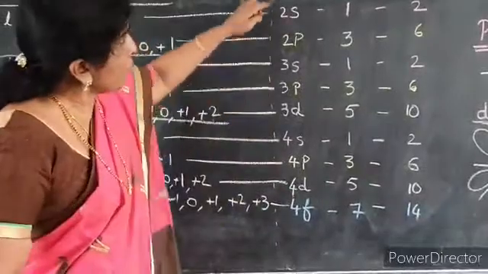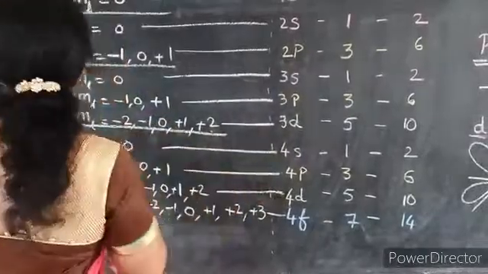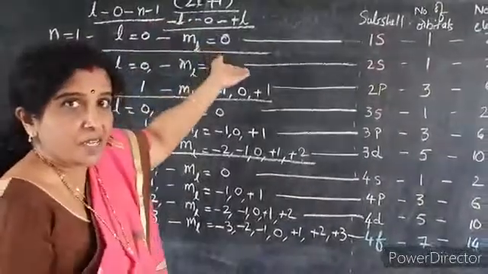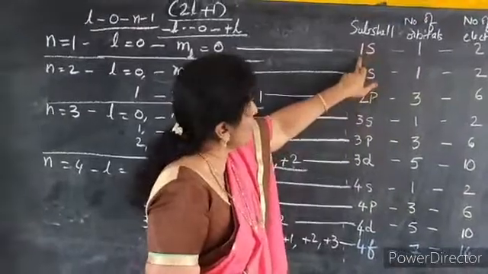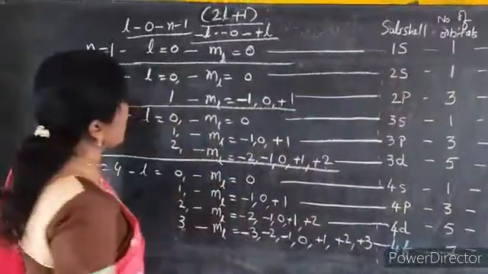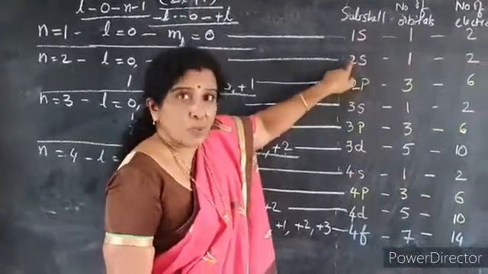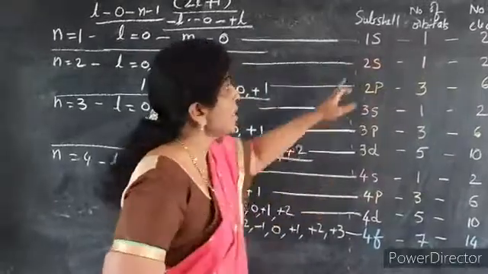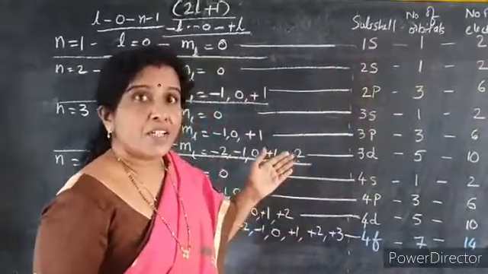Now, why did I mention the numbers here? 1, 2, 3, 4. For the principal quantum number 1, when n is 1, the electrons are in the first shell. So when we write s, we write it as 1s, where 1 is nothing but the principal quantum number. Here I have written it as 2s when n is equal to 2. It is an s subshell. Why did I write 2? It represents the principal quantum number, indicating that this particular s orbital is present in the second shell. Even 2p indicates that p is in the second shell.